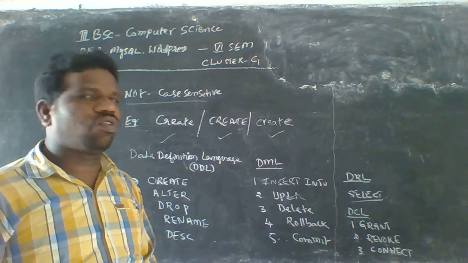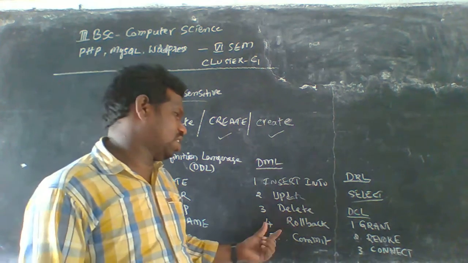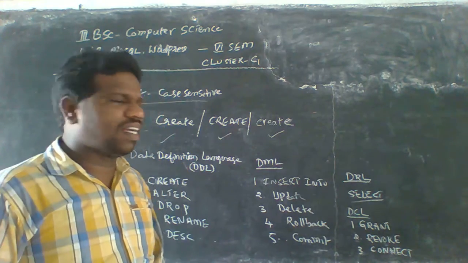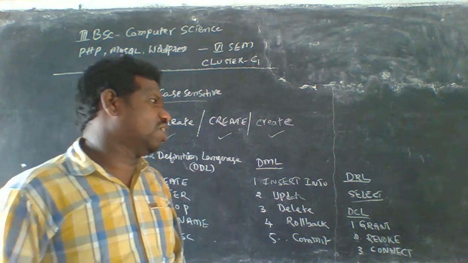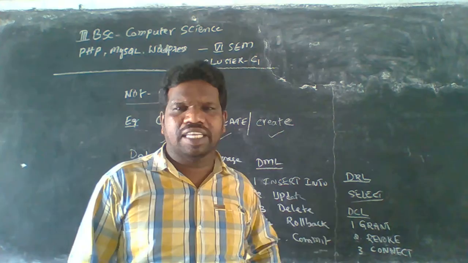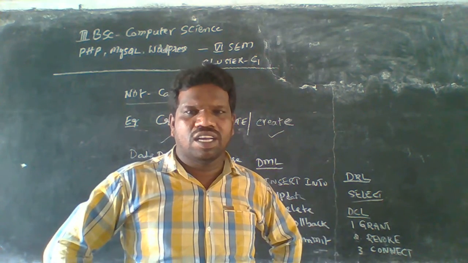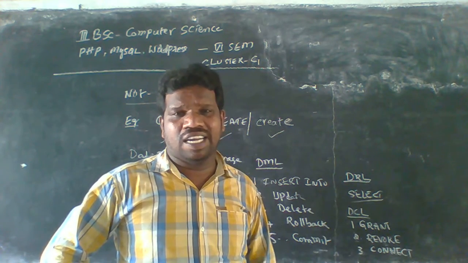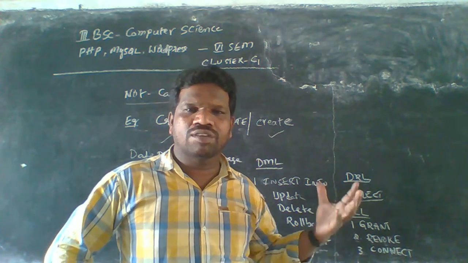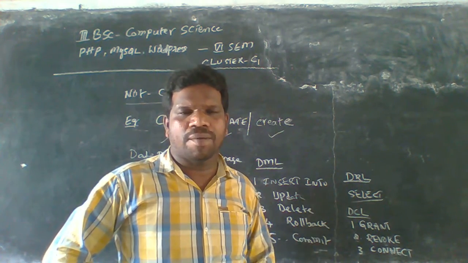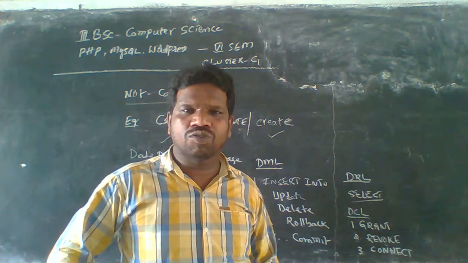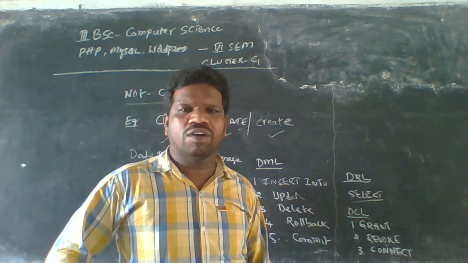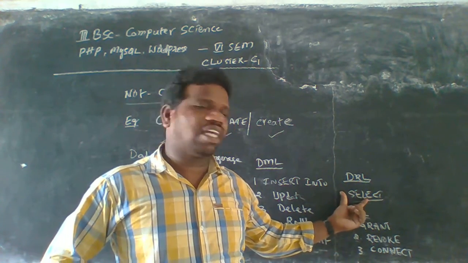Rollback is used to undo the process here, and commit is one of the commands which is used to save the entire data set in the database here. And using the select command we can retrieve the data from the database here, such as to show a particular row, a particular column, a particular record, or particular records. So in this session we have to use the select command.